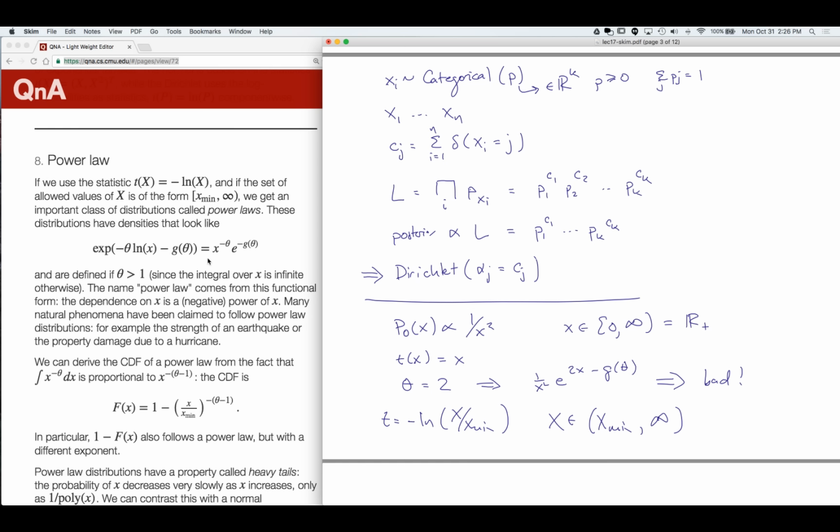So people have tried to use power law distributions to model things like the strength of an earthquake in terms of the total amount of energy released, or